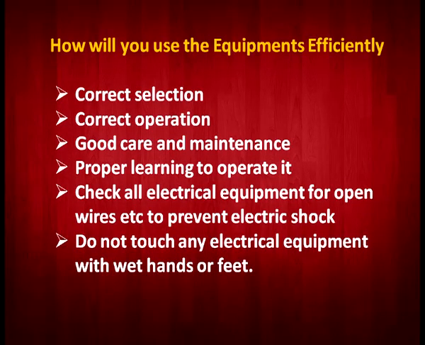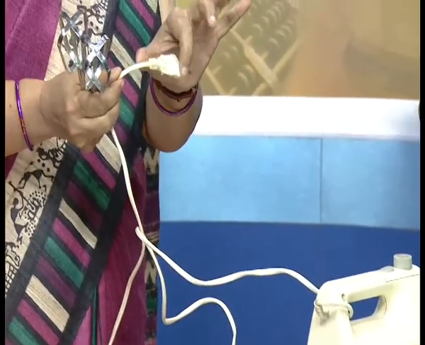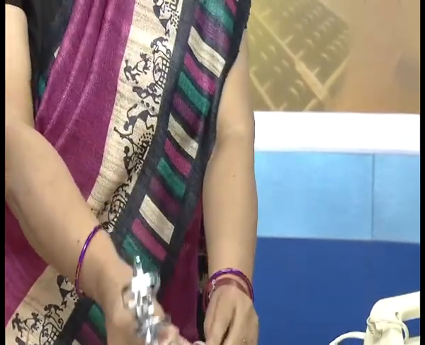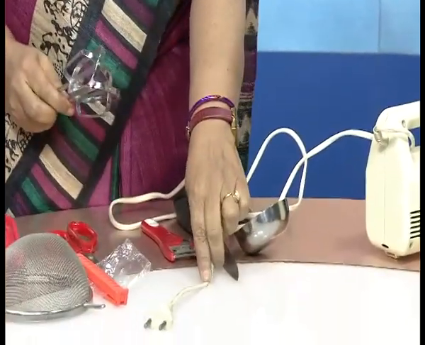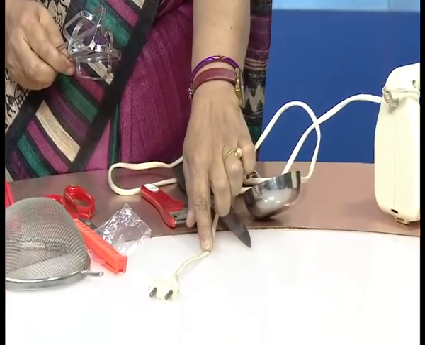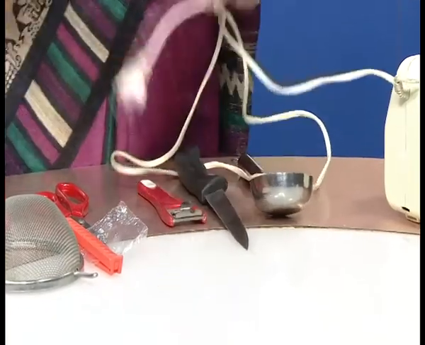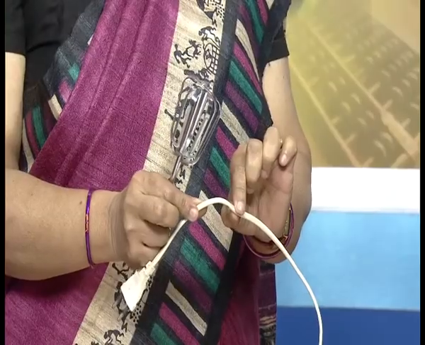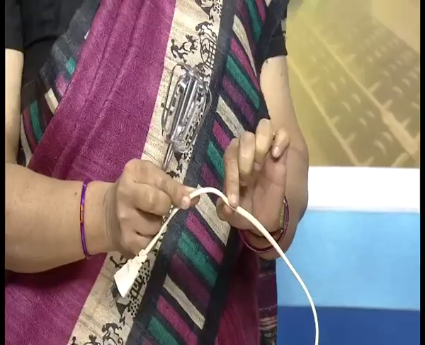Then another very good point is good care and maintenance. We cannot use and throw, we have to reuse the thing. So we have to maintain it. In this equipment you have to check the plug point many times. If by chance it is in the kitchen and some hot pan is put over it, this wire will be open. So before operating it should be cleaned or repaired before use.